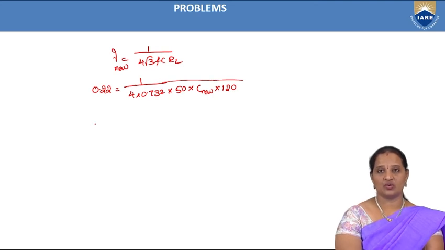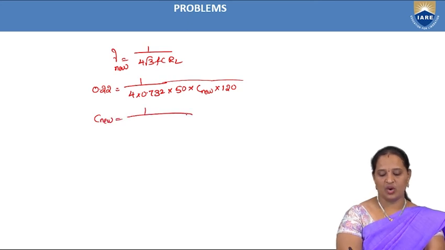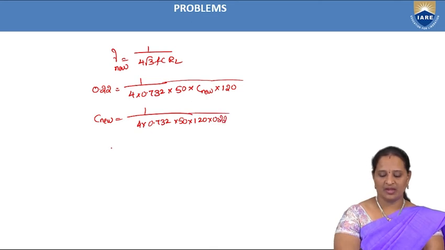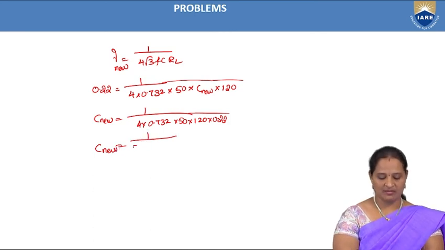Any other parameters, only the ripple factor we are changing. So now the C new can be obtained as 1 divided by 4 into 0.732 into 50 into 120 into 0.22. If I calculate this one, the denominator is given by 3864.96, and if you calculate this value,